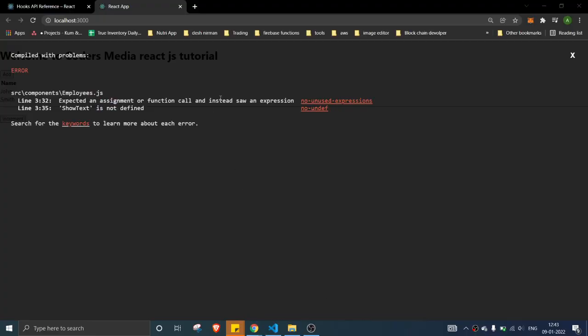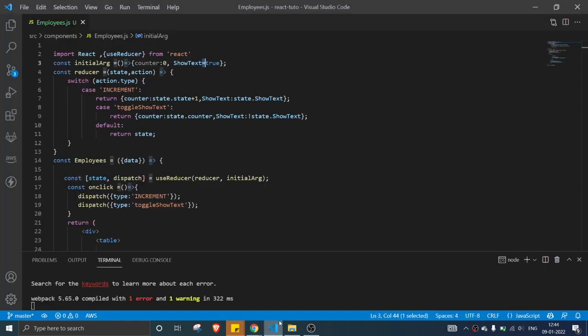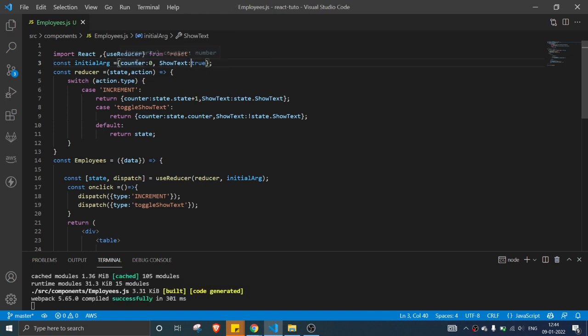Okay, got it. Actually, the initial argument should be a function. Instead of doing the function call, I just did the expression. So that is the reason. Let's quickly change that. Okay, cool. It compiled successfully.